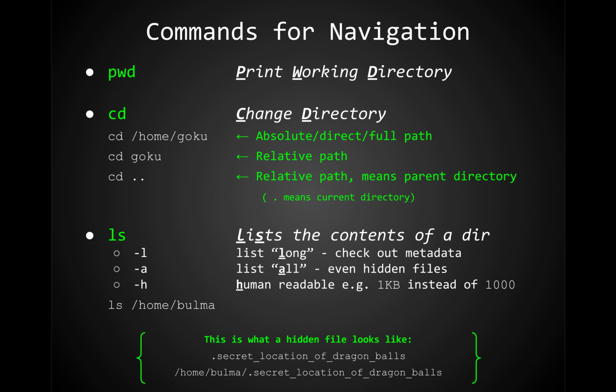So with almost every command that you can run in Linux, there will be something called a flag. A flag is going to be an extra, generally character or word that you can append to a command to do extra things. So ls would list the contents of a directory. So if I did ls /home/bulma, I would get all of the contents in Bulma's directory. If I wanted to look at the metadata of every single file in there, I could do an ls space -l